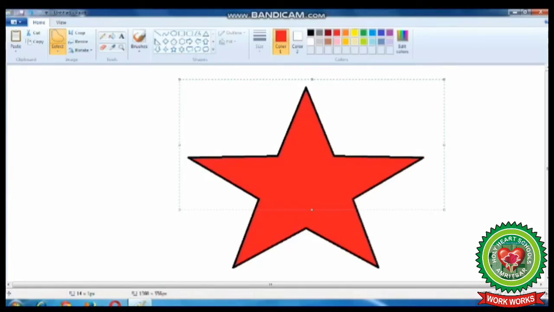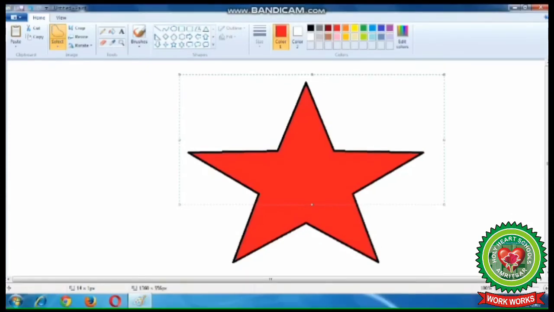Like here, the rectangular dotted box appears only on the part of the image that I have selected. So children, in this way you can use two types of selections to select your drawing.